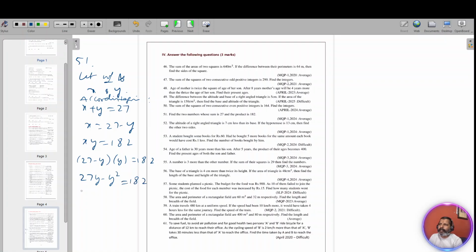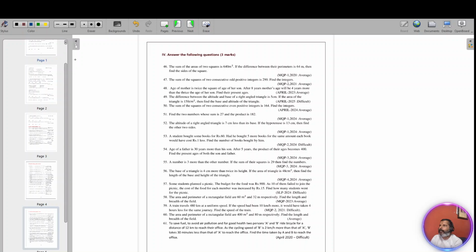I'll transpose everything to the right side. I get y square minus 27y plus 182. Note that I did not transfer 182 to the left side. Instead, I transferred everything to the right side. Now you solve this, you get the y value. Once you find the y value, you put it in this equation, you get the x value. Okay. This solving is nothing but giving you a path for the question, how to approach, how to solve it. Okay. Remember,